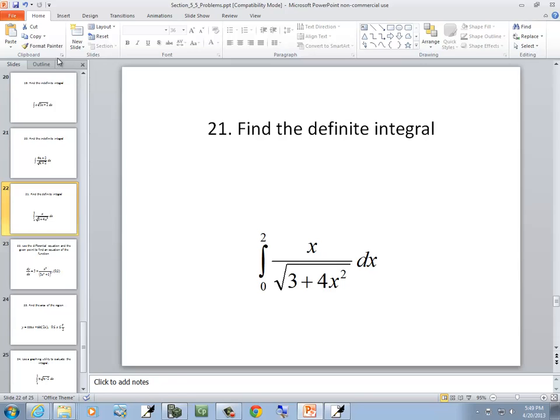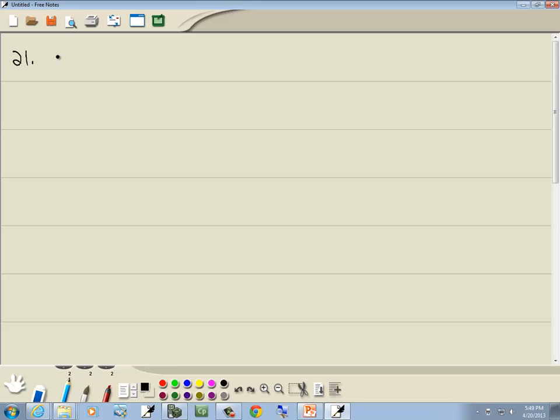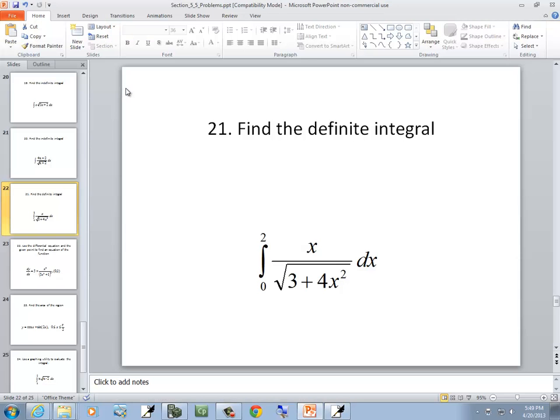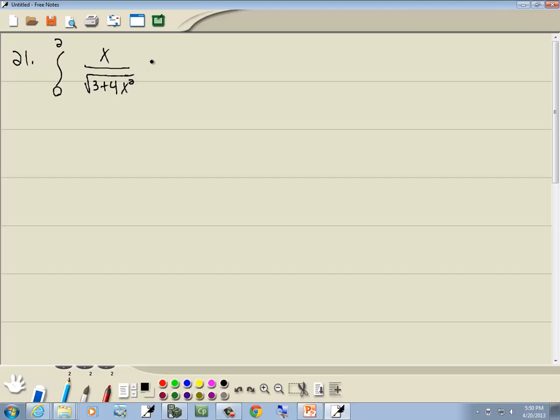This is finding a definite integral while using u-substitution. So it's going to go from 0 to 2 of x over the square root of 3 plus 4x squared dx. Well, to find our u-substitution, if you've got a radical, you let u equal what's inside the radical. So u is equal to 3 plus 4x squared. The derivative of that: the 3 drops away, the derivative of 4x squared gives us 8x, and then we throw on our dx. So we need an 8 inside and a 1/8 out in front. So we've got 1/8,